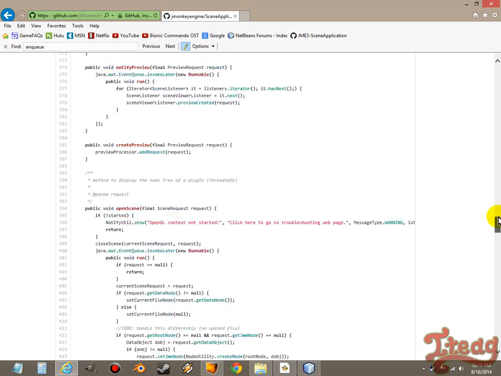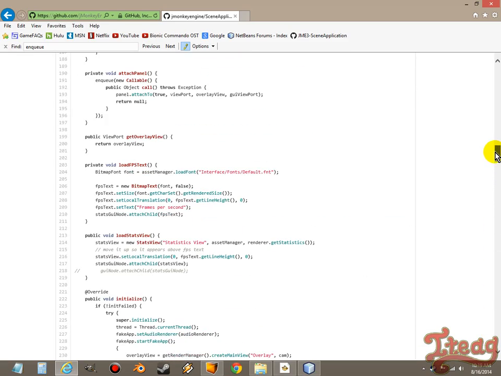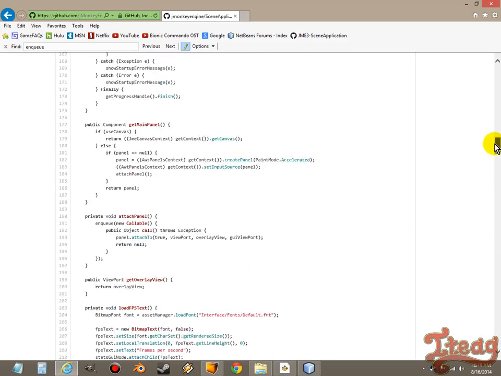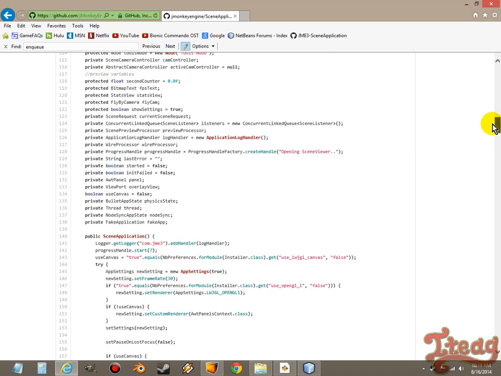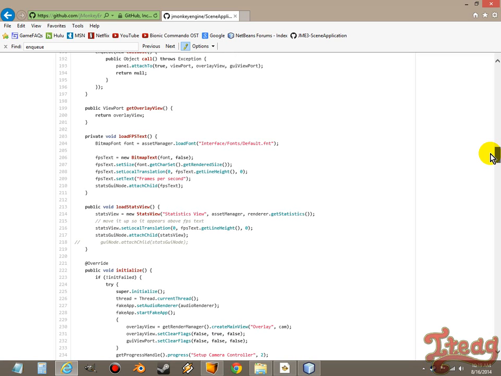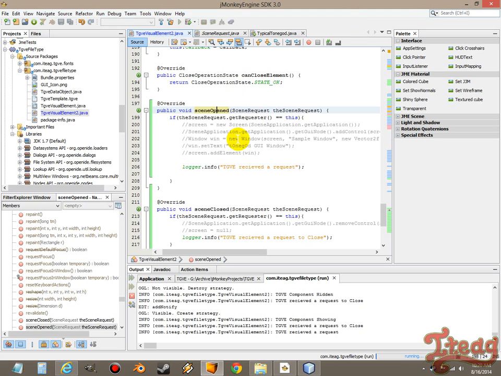But where is enqueue? It's not in there, but I know that it exists, and it's good to make a callable and just go ahead and enqueue it